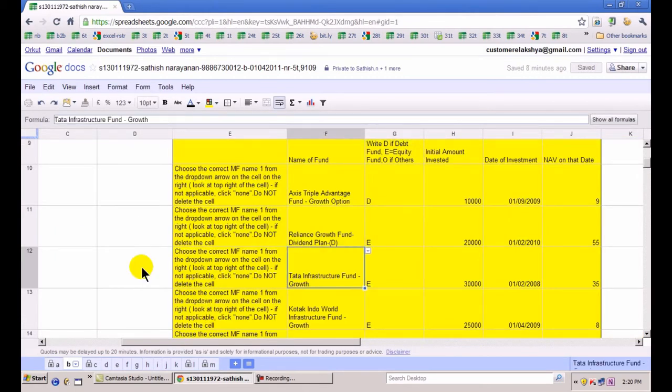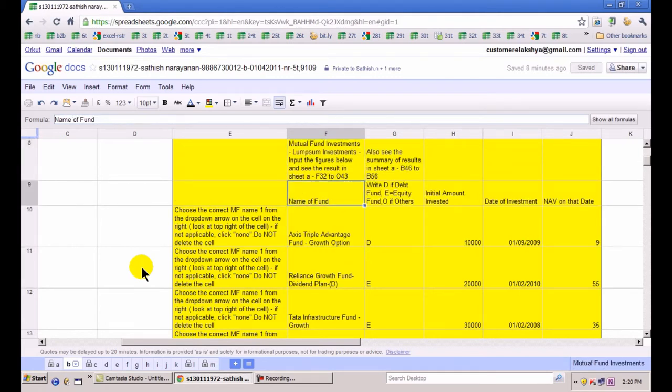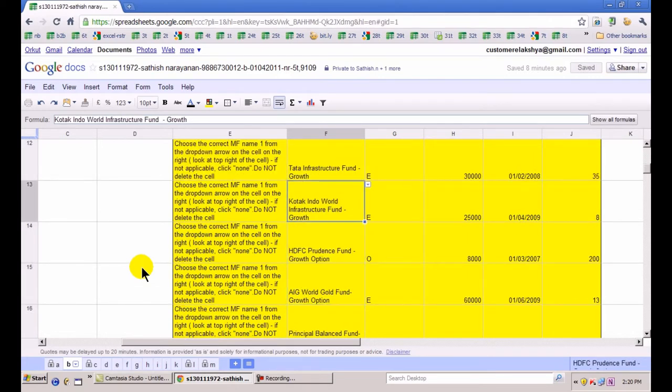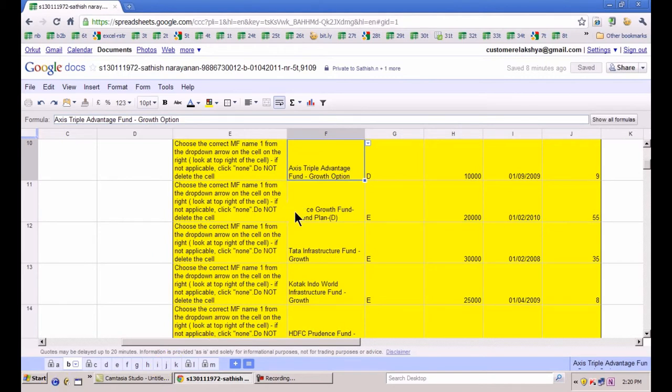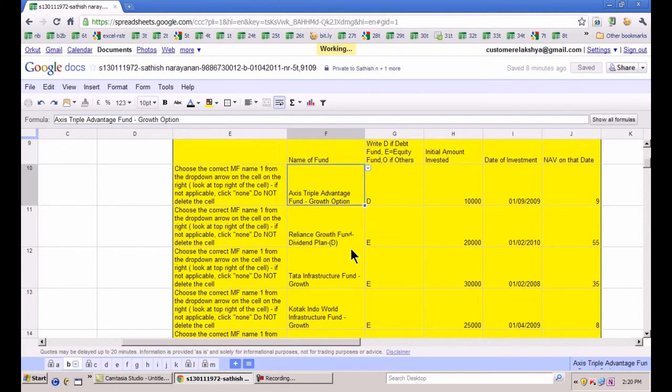Point number 8, though it is an Excel file, it is a dynamic Excel file which picks up information from the cloud every minute. I am at the mutual fund investment database. You can see the names of funds here. All I need to do, I am in sheet B, as you can see, the sheet which allows me as a customer to enter. I just need to enter my mutual fund data. You can see a drop down box here. Use that drop down box to enter whatever mutual fund holding I am having. Enter the initial amount and the initial NAV and the date of purchase of the investment. So this is for mutual funds where you enter.